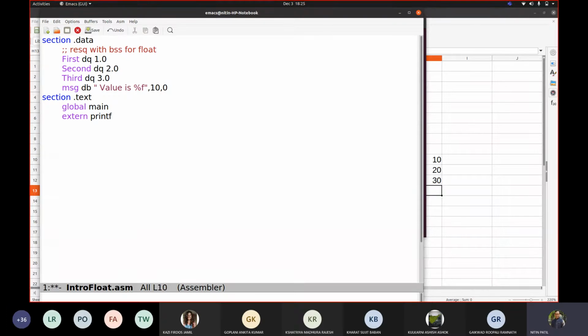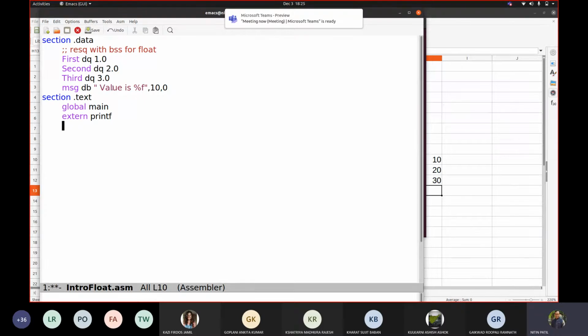Now can somebody tell me how many bytes are used whenever you push a value for printing purpose? Whenever you use one push, how many bytes are required? 4 bytes, correct. For one push, it is 4 bytes.